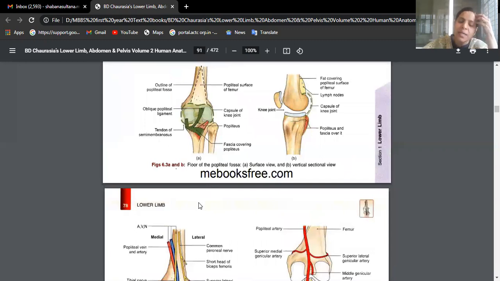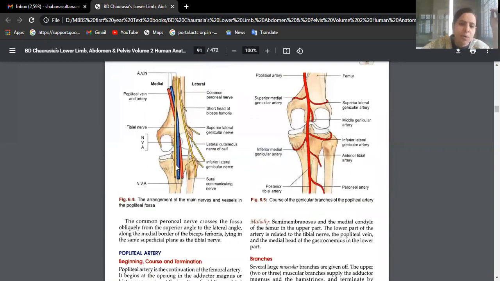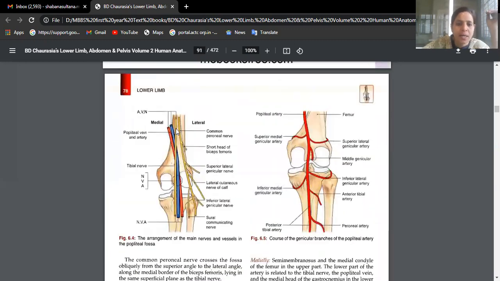Okay, beta. Then contents. As Hema told us, we have popliteal vein, artery and nerve. Medial to lateral, if you observe, AVN is the order in the upper one third. That means artery is medial, vein is in the middle and nerve. The terminal division of sciatic into tibial and common peroneal nerve is seen laterally. Then, in the middle of the fossa, the arrangement is one below the other, nerve, vein and artery. Okay, you have tibial nerve, popliteal vein and artery in the deeper compartment. One below the other, popliteal artery.